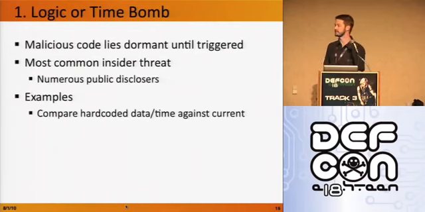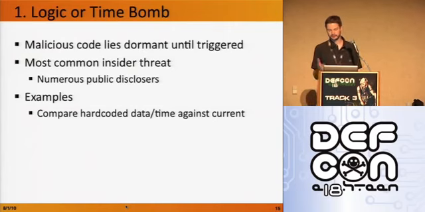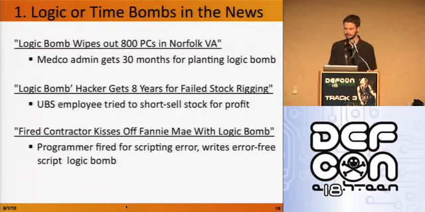So first of all, logic bomb and time bomb. I'm pretty sure that everybody is familiar with that. It's a piece of malicious code that is dormant in your code until something triggers it. If that triggering mechanism is related to time, then we call it a time bomb. There are numerous public disclosures over here, and it's mainly about comparing hard-coded date and time against the current time. What we've seen so far is that if you have a destructive piece of code, you're using a time bomb to set it off. You choose a date, like your birthday, or when you're a year laid off, or something like that.